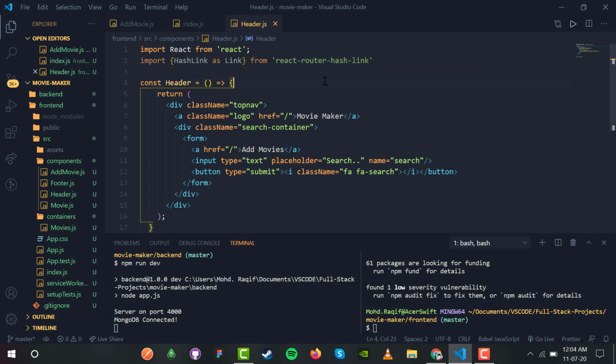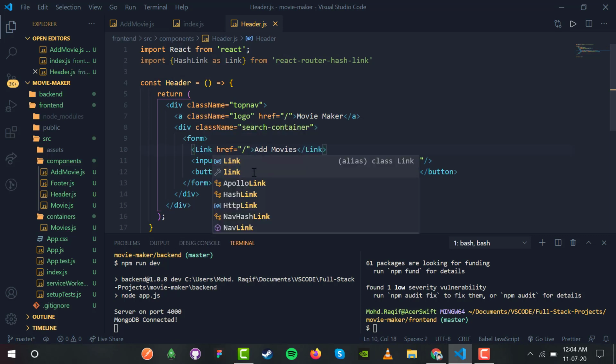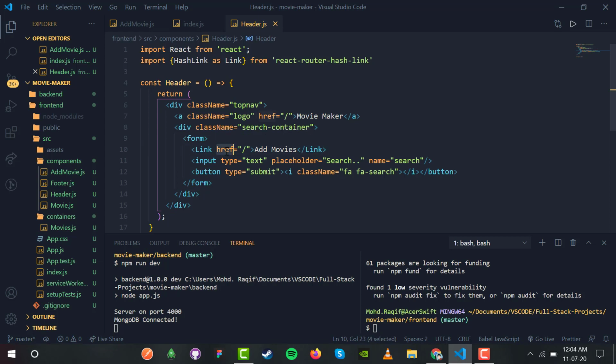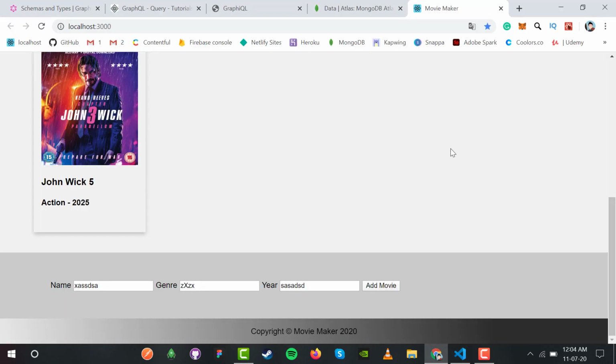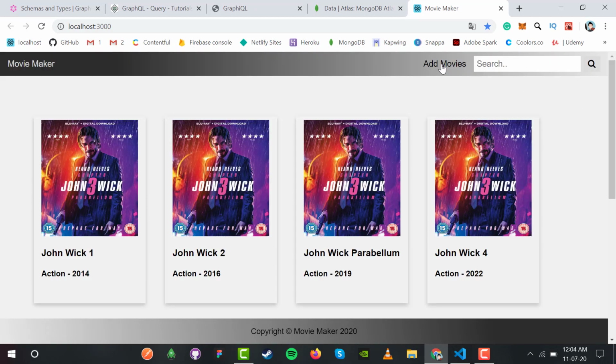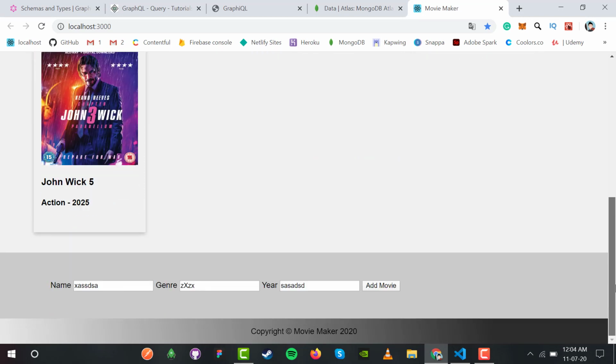Okay, so anchor tag, I'm going to change this anchor tag because this is now not a normal link. We have a Link and then href is not required. We work with to for the Link, and we have a smooth property so that the link can transition smoothly to the form. Okay, so now this add movies will take me to this form over here. So this add movie button will point me to this div over here.